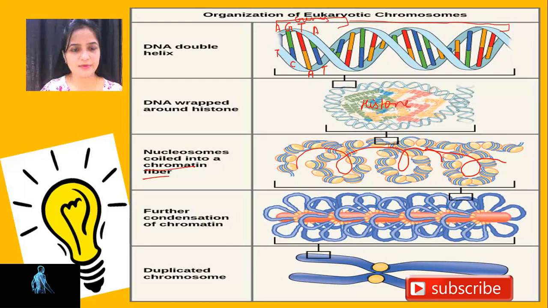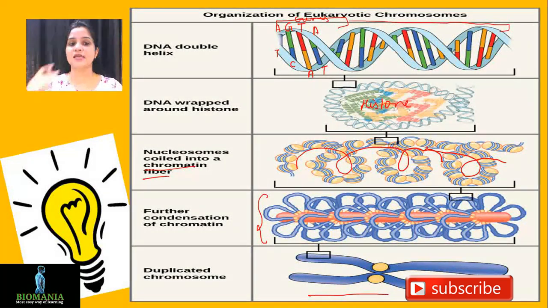And that chromatin fiber again starts condensing to form the chromosome. Here is the chromosome. Here you can see the condensed form of the chromatin fiber, and now here you can see the chromosome. As I told you in earlier videos, gene, DNA, chromosome, chromatin fibers, they are all one thing. They do not have any kind of difference. Genes are present on DNA. DNA wraps around the histone protein, then it forms a chromatin fiber, then it is more condensed, and then it will form a chromosome.